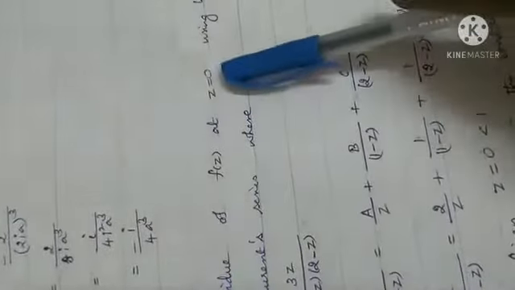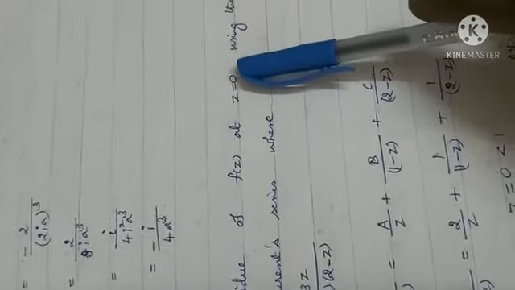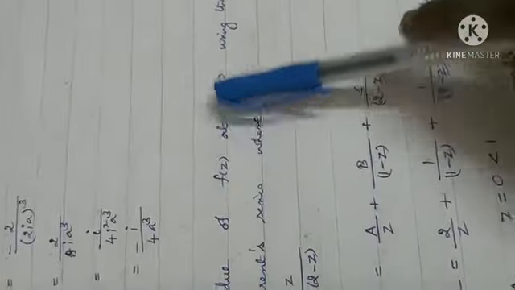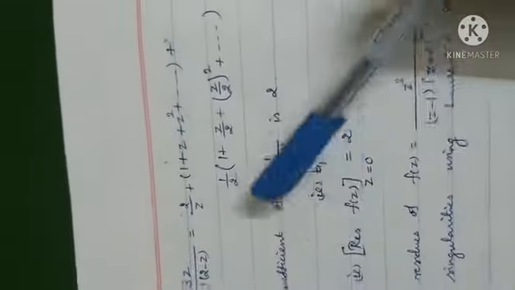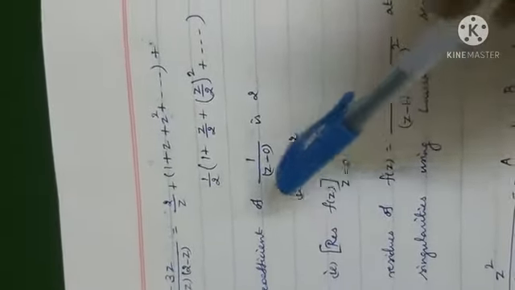Okay. What is the question? Find the residue of the function at z equal to 0. Z is equal to a, z minus 0, right? See, the coefficient of 1 by z minus a. What is the coefficient of 1 by z minus a?